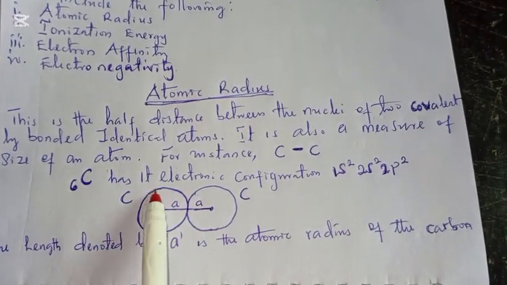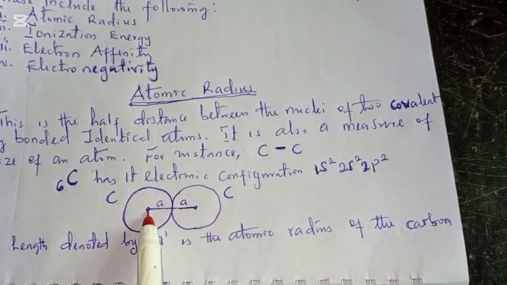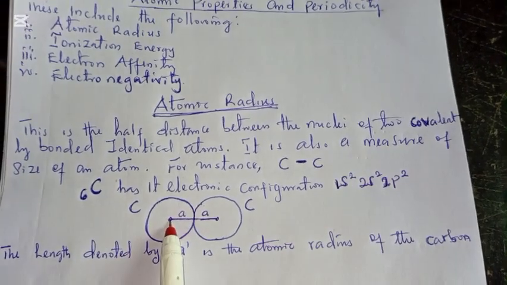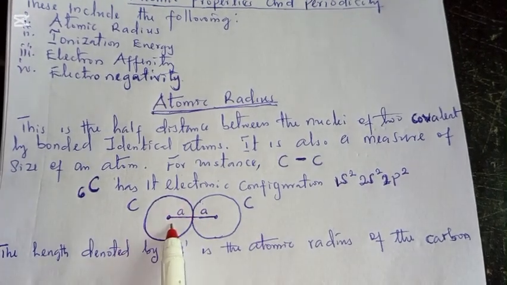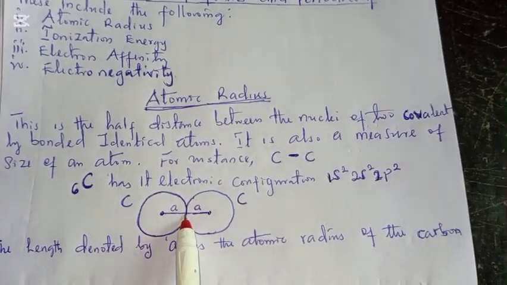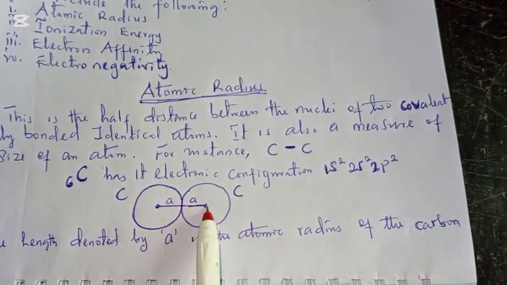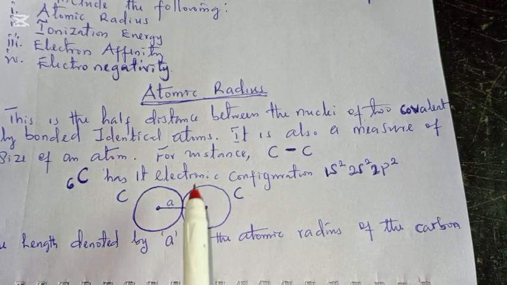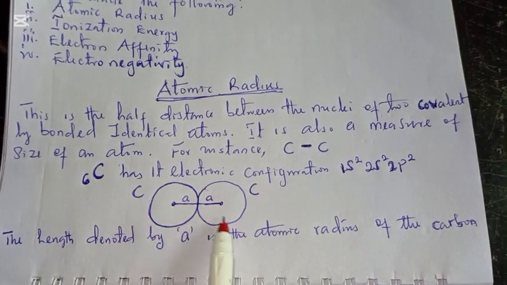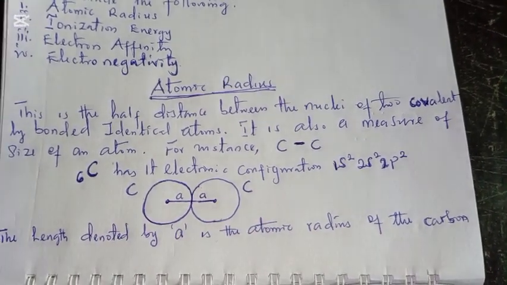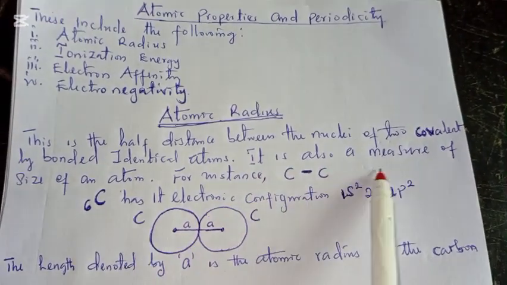contention. Now, if we draw the last shell of the 2 carbon atoms and consider the distance between the center, which is the point where we have the nucleus, and the valence shell, that is the circumference, the distance between that center and the circumference is the atomic radius of this carbon. On the other hand, the distance between the circumference and the center, which is where we have the nucleus, is the atomic radius of this carbon. So which means that the length that is denoted by A is the atomic radius of the carbon, so to say. So looking at this, we can say that the atomic radius of an atom is a measure of the